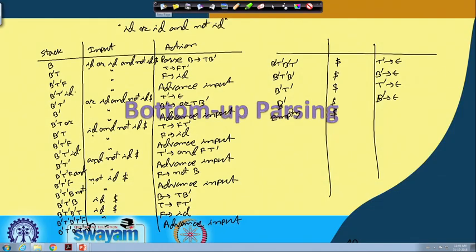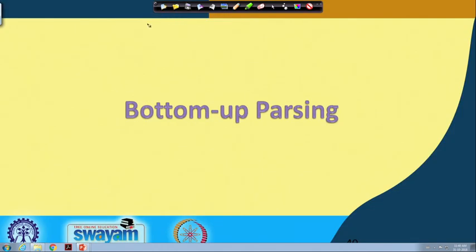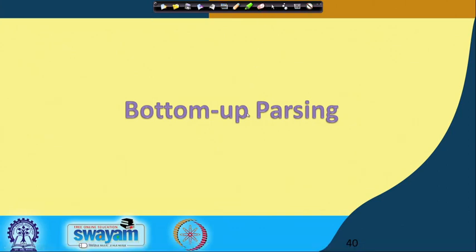So, next we will be looking into a new topic which is known as bottom up parsing. The top down parsing that we looked into tried to construct the parse tree starting with the start symbol of the grammar, and from there it was going in a top down fashion to derive the final string. Another approach is that we can start constructing from the bottom, starting with the inputs, and then we can ultimately converge onto the start symbol of the grammar.